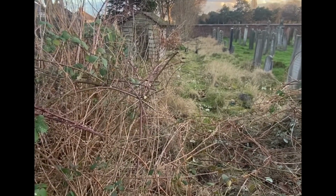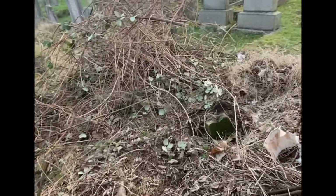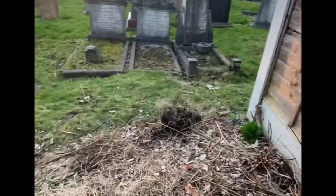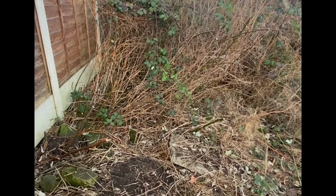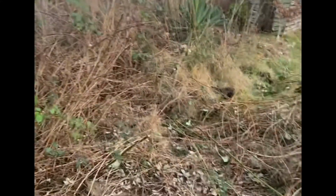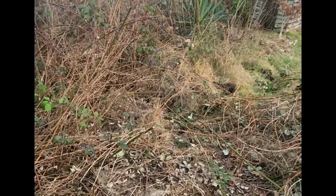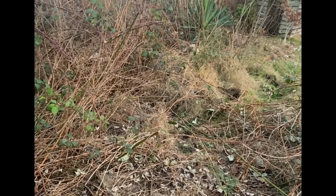So yeah, it's a fairly big... I say fairly big, it's not. I've been doing Roz's online seed to vase course, and everyone on there who's trying to do it commercially has got a third of an acre, or half an acre, or 2 acres, or 5 acres. This plot in total is 0.06 of an acre. So yeah, it's nowhere near what other people are working with, but I